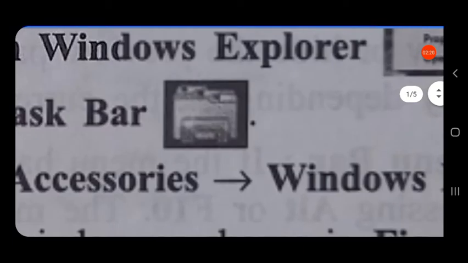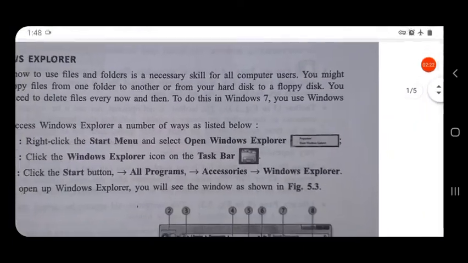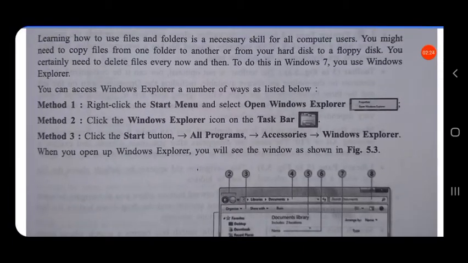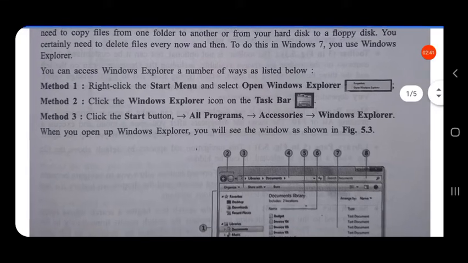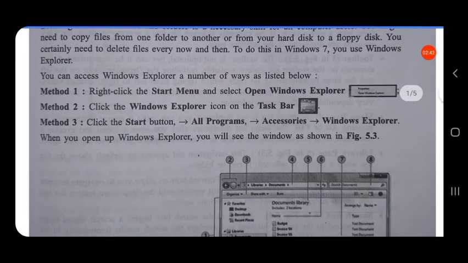Click on that and you can open the Windows Explorer. The third method is to click the start button, then all programs, then from all programs select accessories, then from that Windows Explorer. So these are the three methods to open the Windows Explorer.